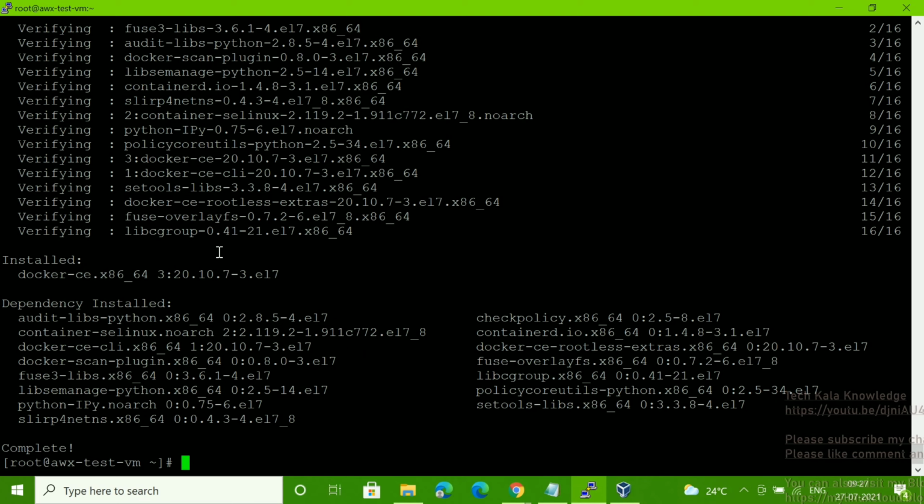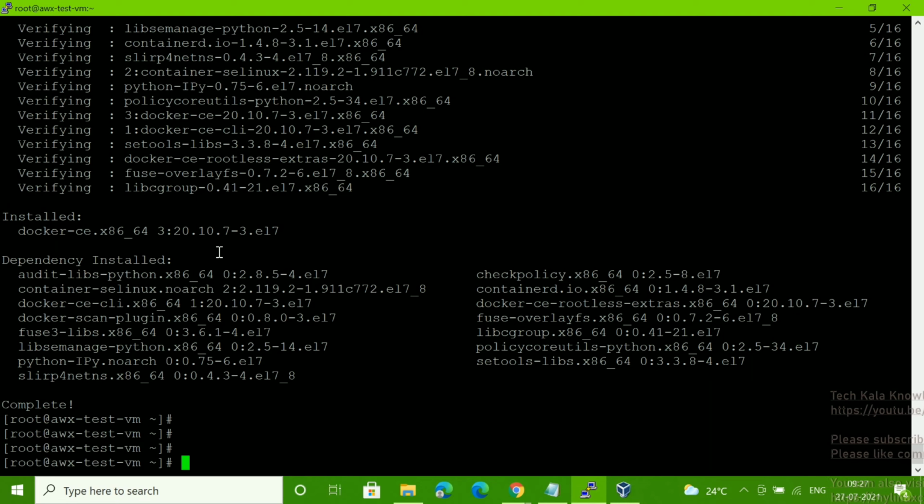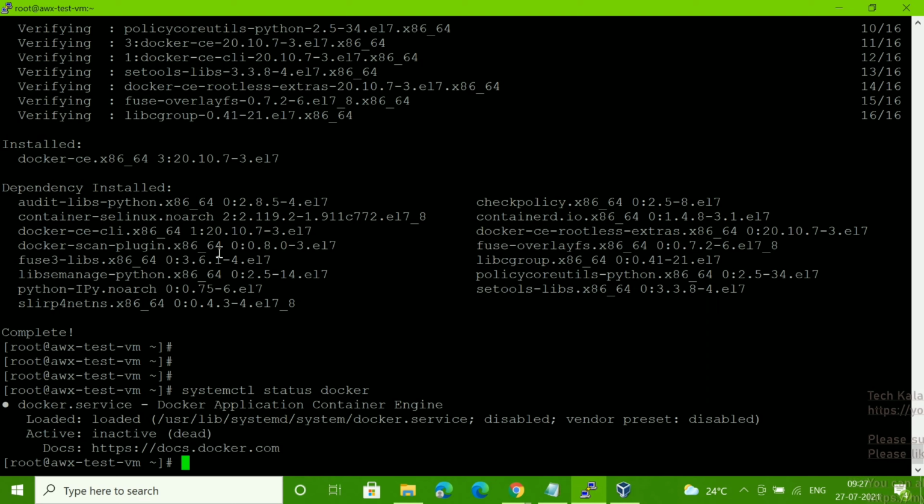Okay. So what we have to do, we have to use the systemctl command. Systemctl status. First we have to check the status of Docker. So you can see it's inactive.